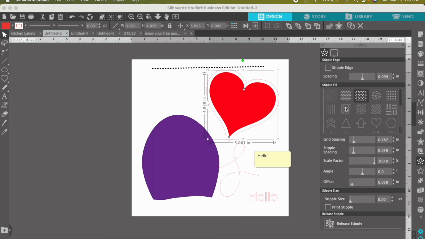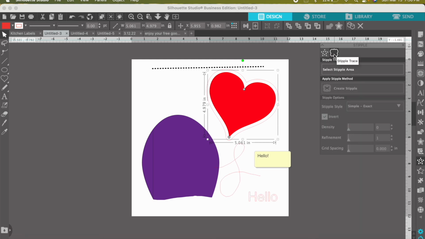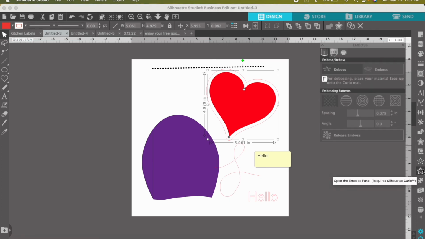This one is cool. This is Stipple. If you work with that, they have all these different options of things that you can do on there. And then this panel is embossing. So if you do embossing,